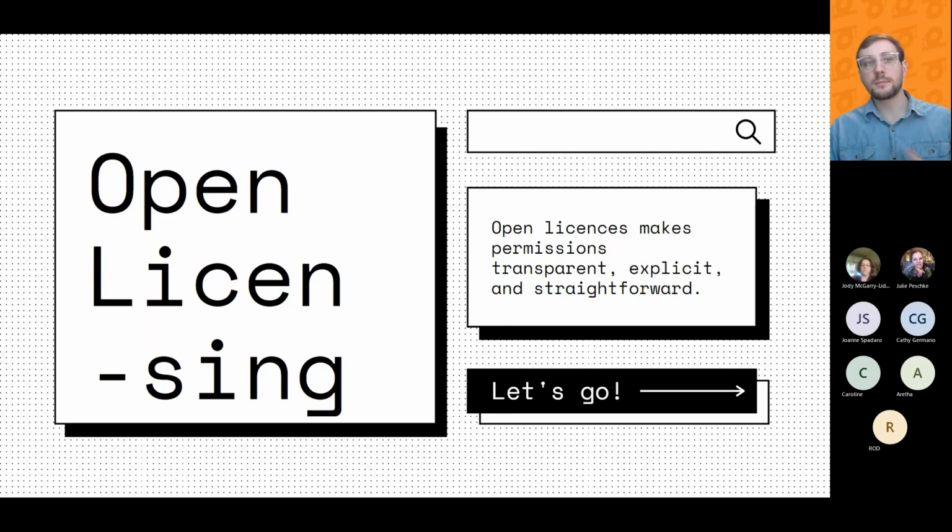So some open licenses give anybody permission to use the work at no cost. They might allow anyone to modify the work with little or no restriction, but all of them do require a statement of attribution. So that's just an acknowledgement of the original author's work and a link back to the license applied. At the end of this presentation, I'll show you how I've licensed this one and explain a bit more about linking.